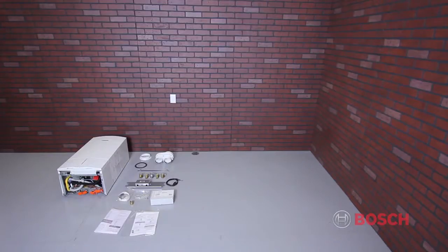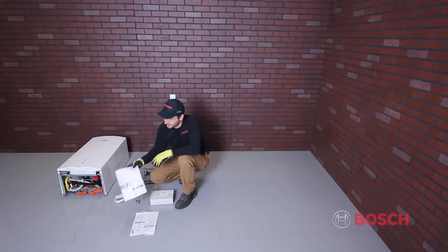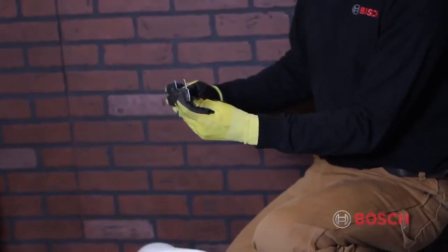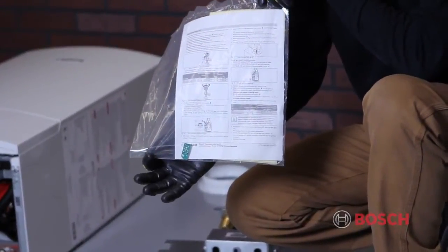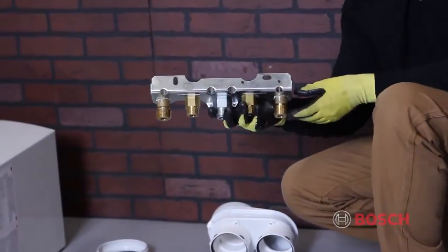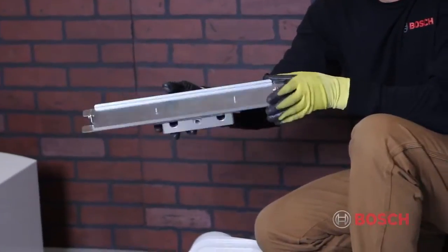When you receive your boiler, it will come on a pallet with 2 boxes. In one box you'll find your boiler, set of documents for the appliance which include the installation manual, the mounting template, and the warranty registration card, a mounting bracket with mounting kit, a gas conversion kit for propane, and an adapter for connecting the low water cutoff, a hydronic connection plate, mounting hardware and fiber washers for the hydronic connection plate, electrical connection box,